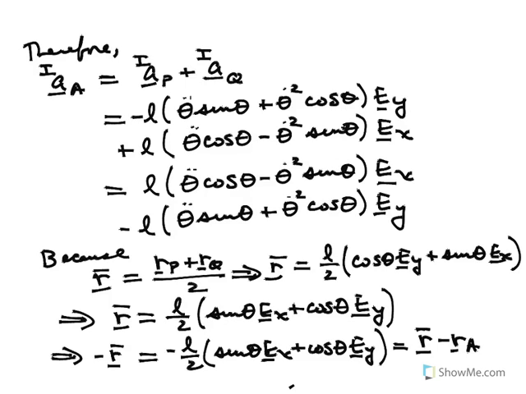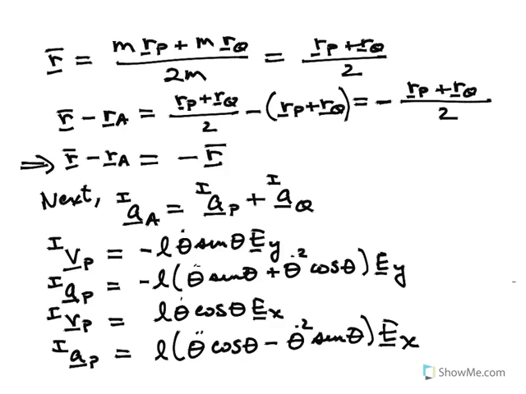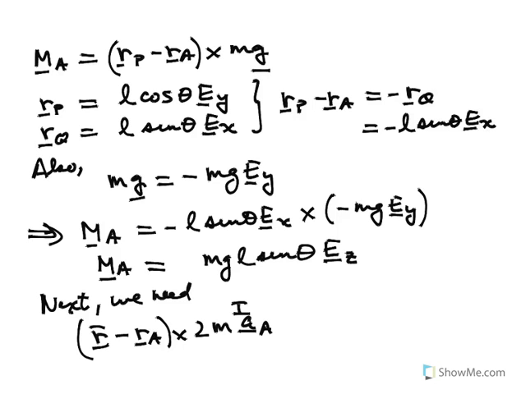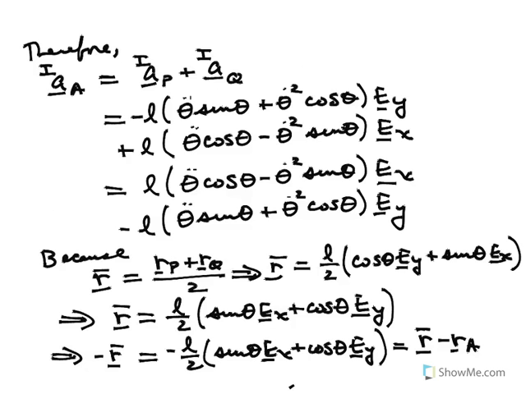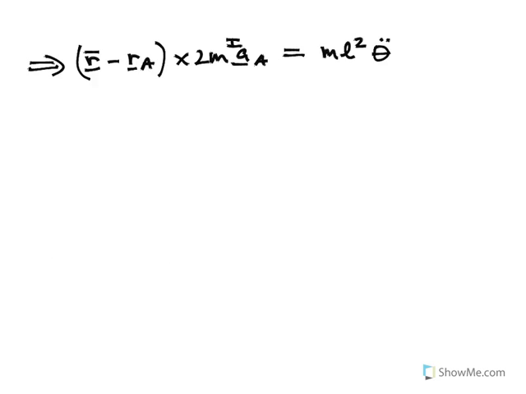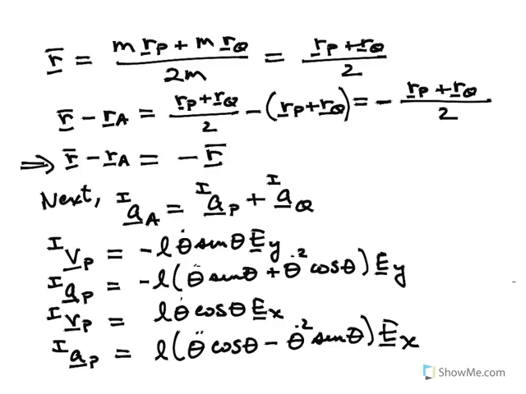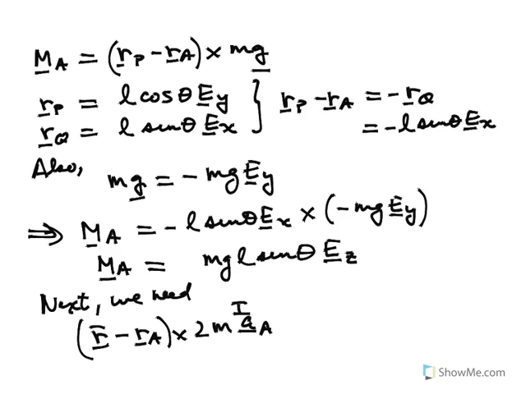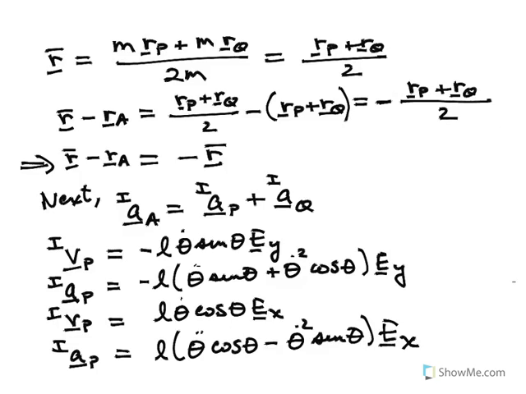So now we have everything. We have the moment, and we have everything else. Where's the moment? The moment is mgl times the sine of theta. So this gives that 0, which is equal to the rate of change of angular momentum, is equal to the moment relative to point A. I'll label these again just so that you can see it. mgl sine theta EZ,